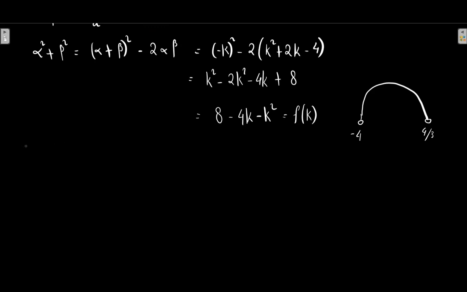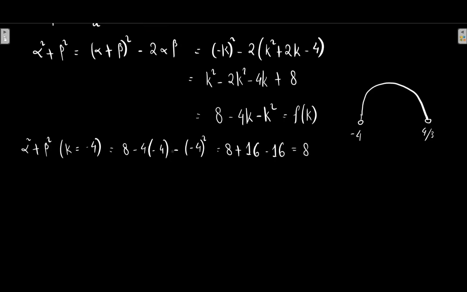So at k equal to minus 4, alpha square plus beta square gives us 8 minus 4 times minus 4 minus minus 4 whole square, which gives us 8 plus 16, and this becomes minus 16, so this gives us 8, right? Okay, and now let us find out the value of alpha square plus beta square when the value of k